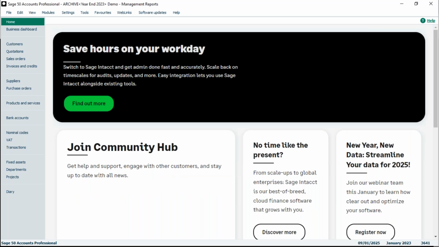Now, you might be sat there thinking, well, what's different? Well, we can now see that we're in January 2023. So that's the start date for that archive data. So before we ran that year end, or as part of that year end, it archived the company and then it ran year end. So that archive, the financial year was set to January 2023, and it had